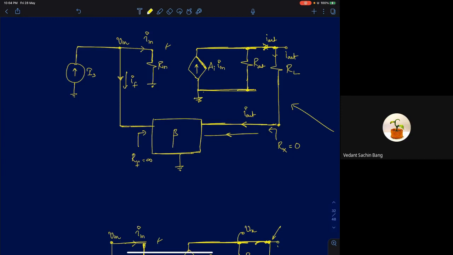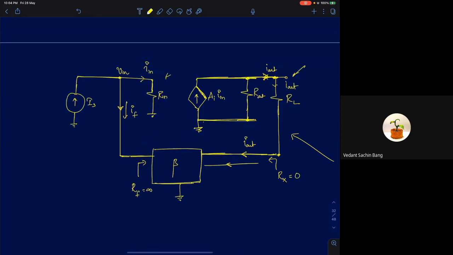A feedback network senses the output and returns a part of the output quantity back to the input. We will see in the later half of the lecture that the whole naming convention is centered around this act of sense and return. So here this feedback network is sensing a current and returning it back as a current at the input.